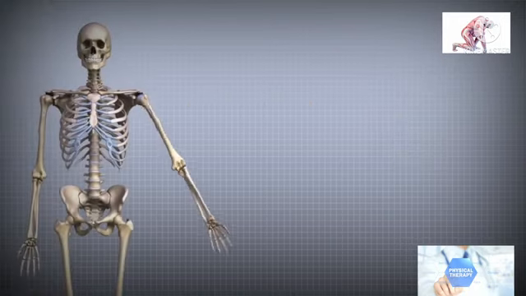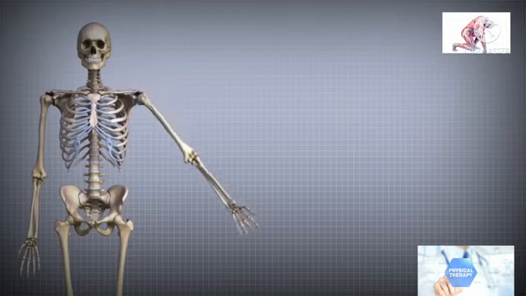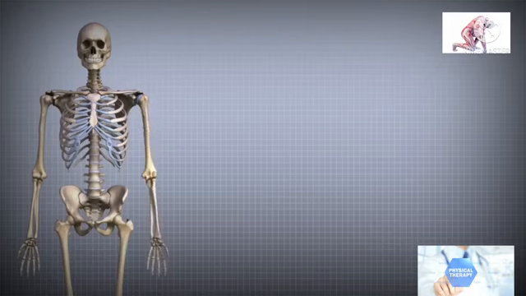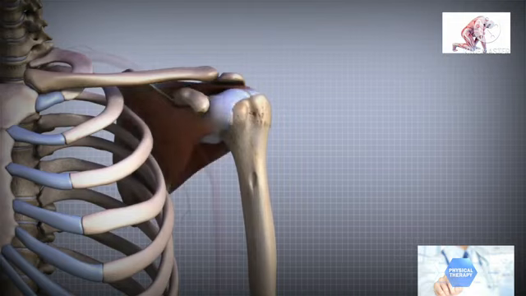The shoulder is an elegant piece of machinery. It has the greatest range of motion of any joint in the body. However, this large range of motion can also lead to shoulder joint problems. Understanding the different parts of the shoulder can help you understand how the shoulder works, how it can be injured, and how